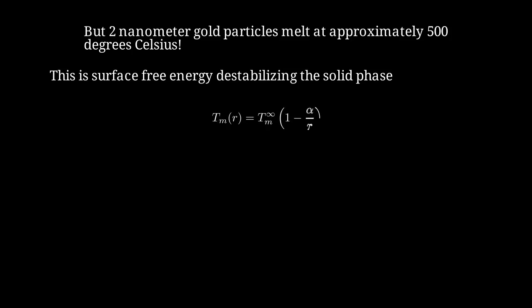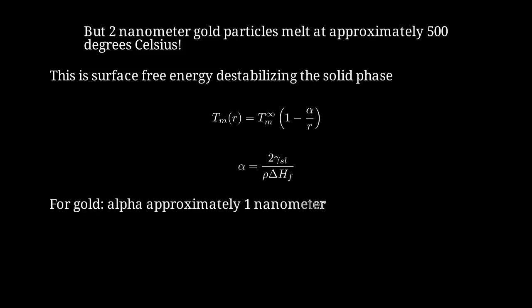The melting point as a function of radius is Tm of r equals Tm infinity times the quantity 1 minus alpha over r, where alpha is a material constant related to surface energies. Alpha equals 2 gamma SL divided by rho delta HF, where gamma SL is the solid-liquid interfacial energy, rho is the density, and delta HF is the latent heat of fusion. For gold, alpha is approximately 1 nanometer,